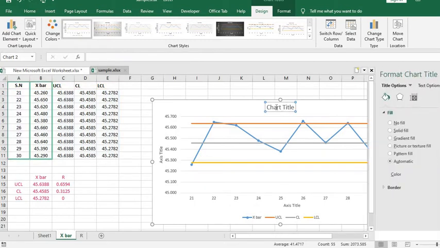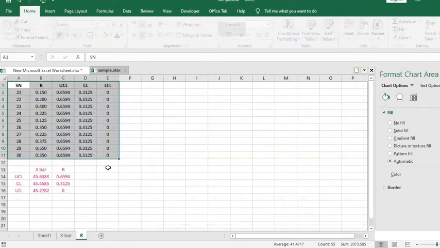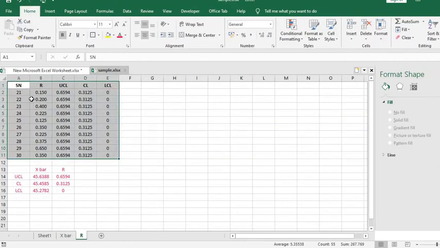Here we put the title, X bar chart. On the y-axis we put spindle diameter, and on the x-axis we put subgroup number. Similarly we draw the R chart.